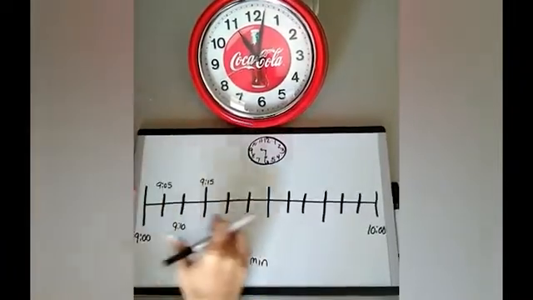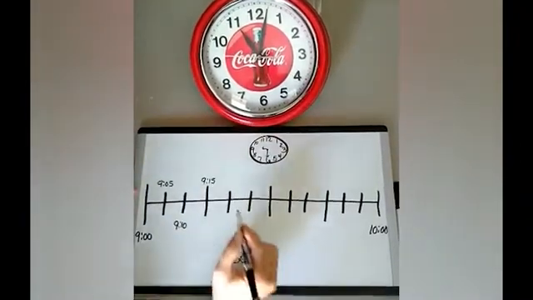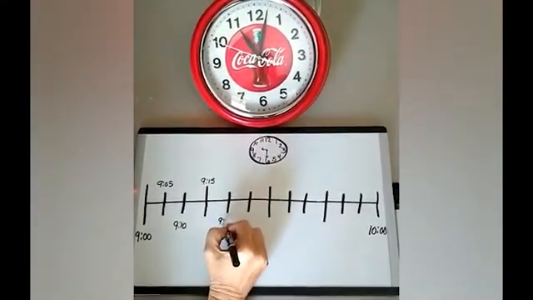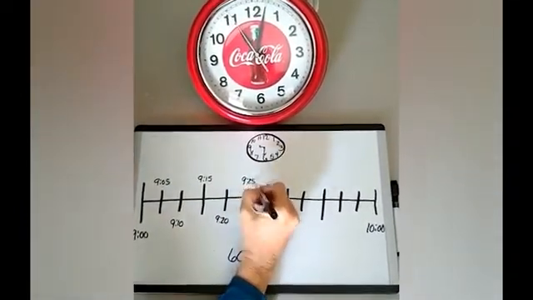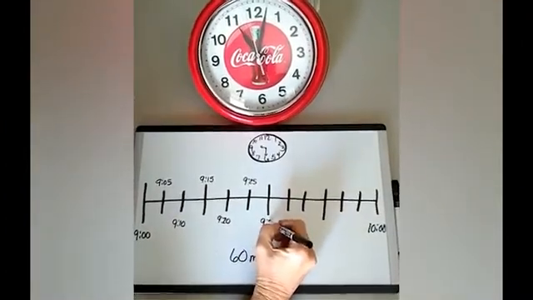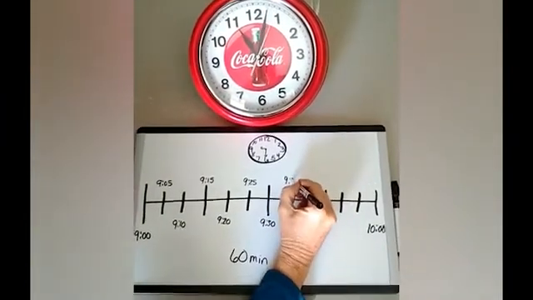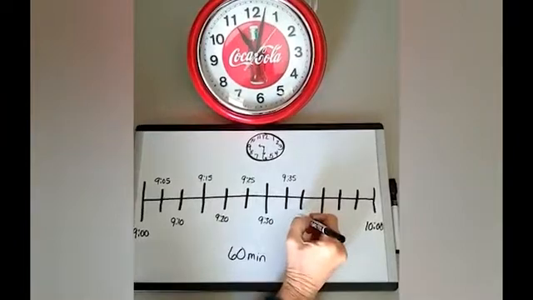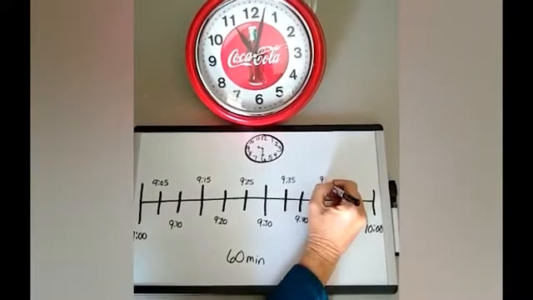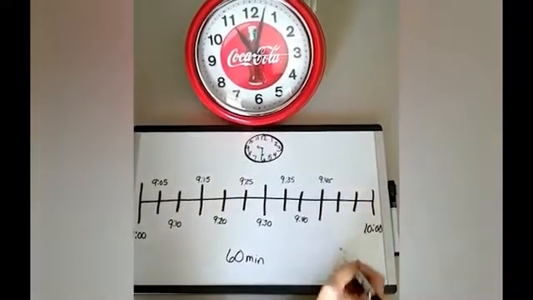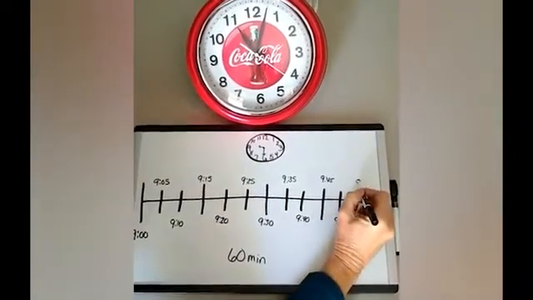I think I might be onto something. I'm just going to keep numbering my points on my number line by 5 minutes, and let's see what happens. Let's see, 9:20, 9:25, 9:30, 9:35, 9:40, 9:45, 9:50, 9:55,